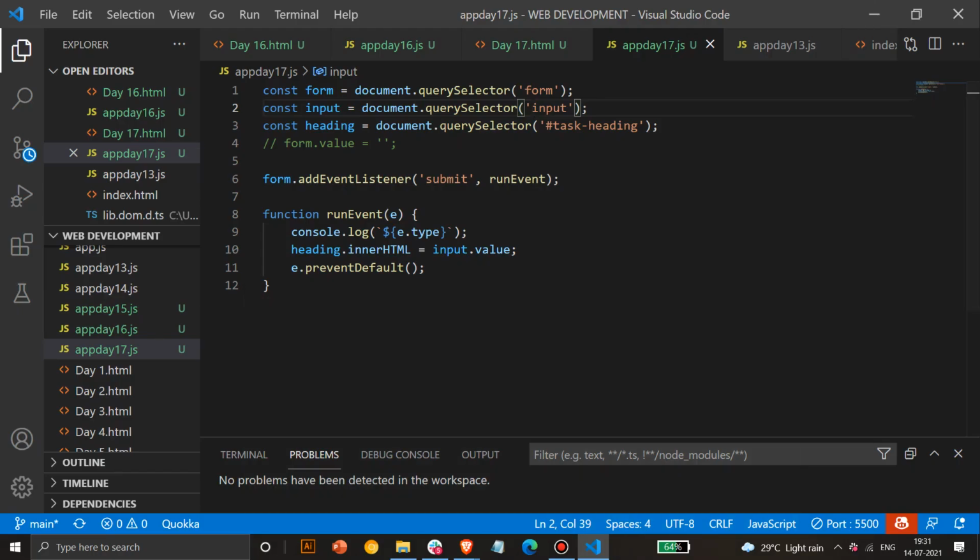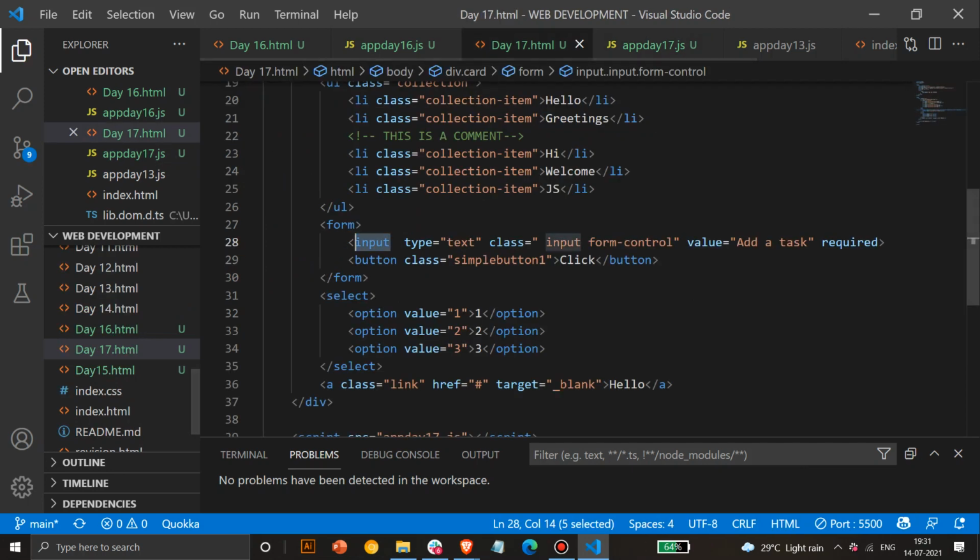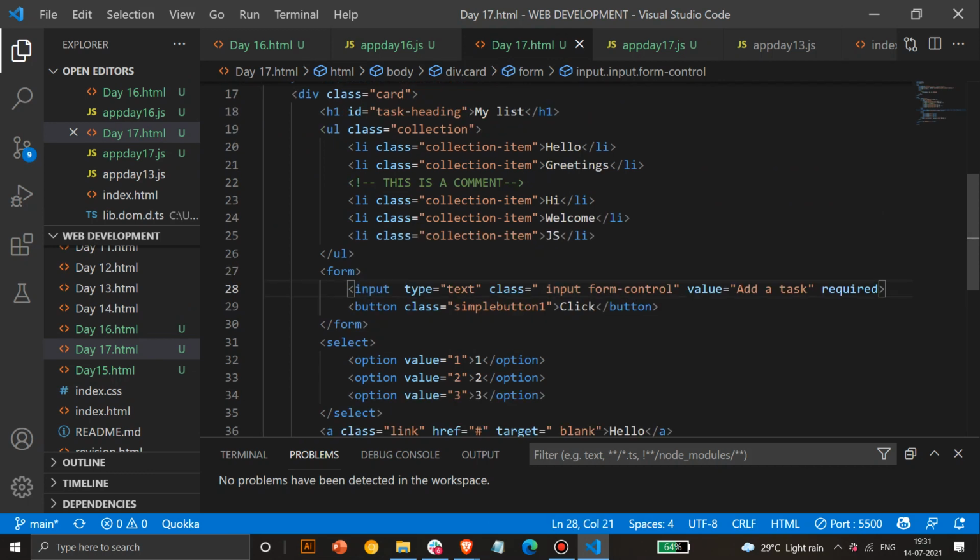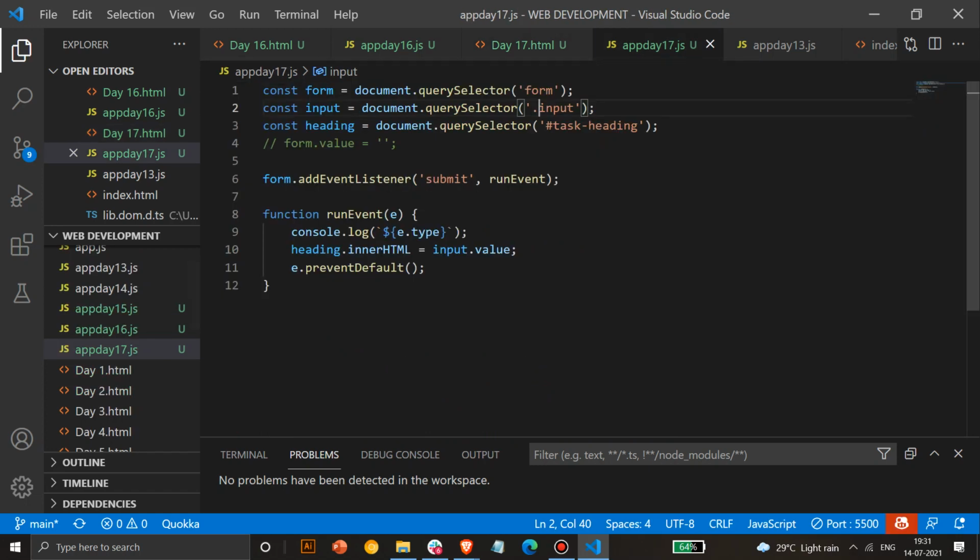So it doesn't matter. It's always better to use a class or something like that. If you have multiple input elements in your project, that won't hinder it. That's why it's always better to use a class, because it won't hinder your performance or your project. If you add multiple input elements, there might be issues. So to avoid such things, it's always better to use classes or something like that, to keep it clear. Here I am explaining a simple example, that's why I have kept it. But wherever it's possible to put a class or ID, I have used that. So do keep in mind, always use classes or IDs.